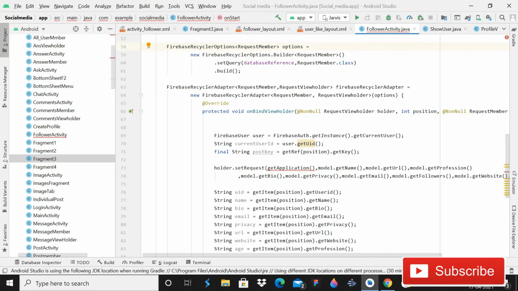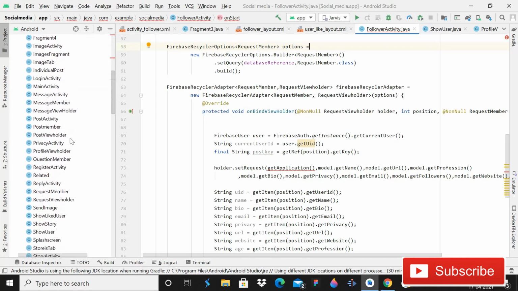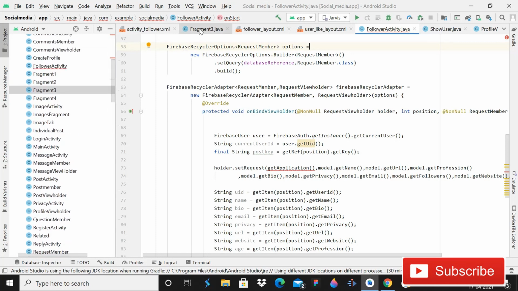So guys, here we have to change the methods. We are deriving it inside a profile view holder. So what if I open this profile view holder, profile activity? Profile fragment 3, in the fragment 3.